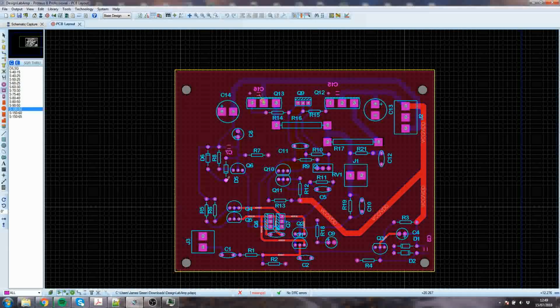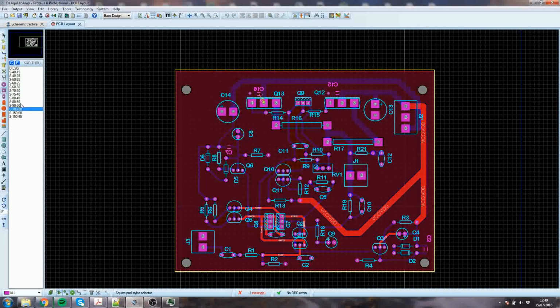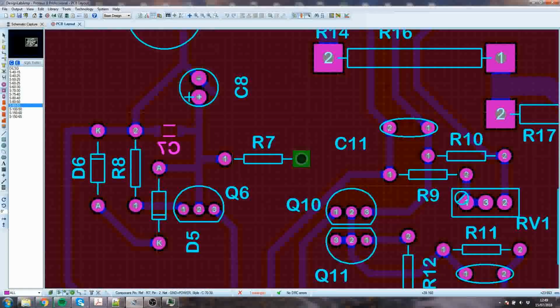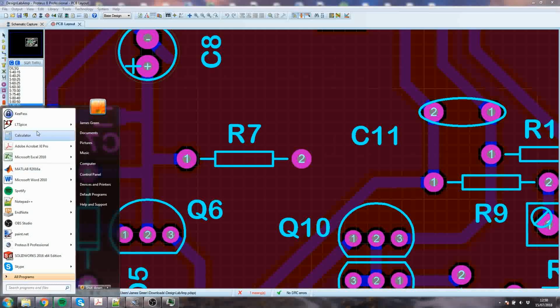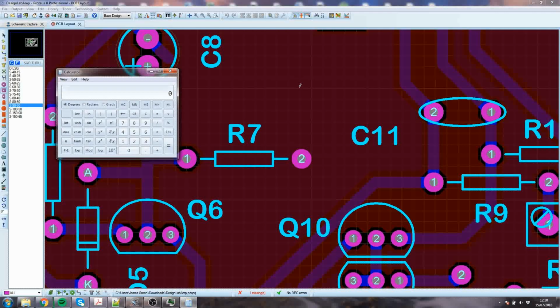First one is that a lot of the pads are still fairly small, and you really want to make the pads as big as you can get away with. So for the resistor, this is a Res 40, which is 40 thousandths between the pins. So you can do the calculation in metric if you want. This 40 over 1,000